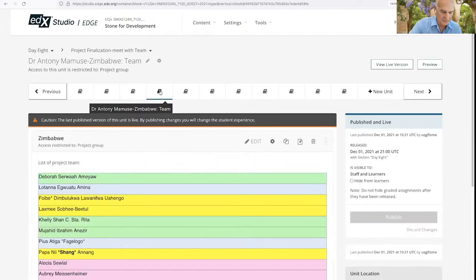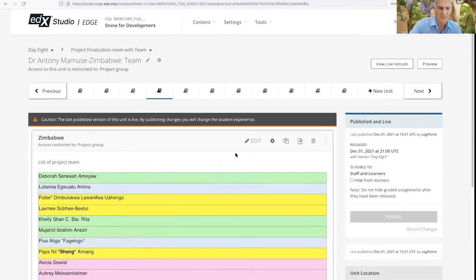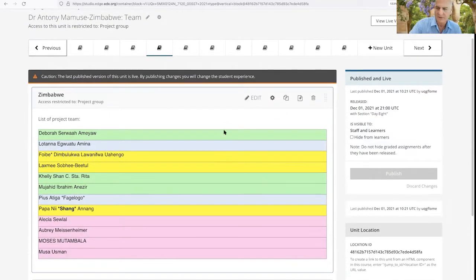And then for unlocking the value of development minerals, wow, this is a big group. I have Deborah, Latana, Foibe, Matt Lakshmi, Kelly, Mujahideen, Pius, and Papa. So there's 8 students and 4 mentors.